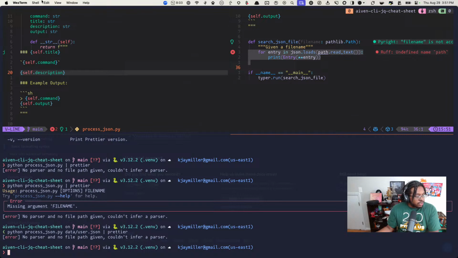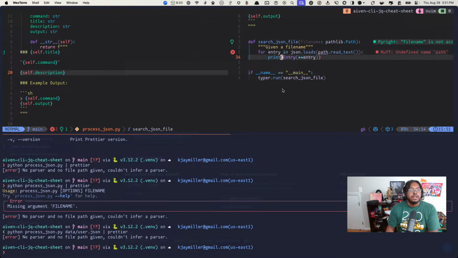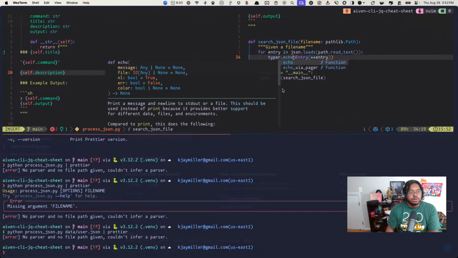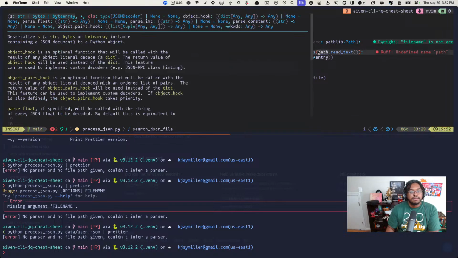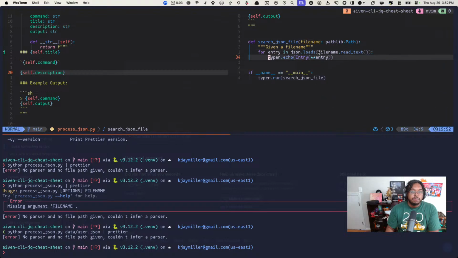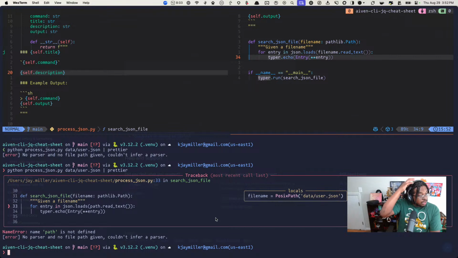No parser, couldn't infer a parser. Okay, that's fine. So now for this we got to do typer echo. This is file name. There we go. Do that. For entry in JSON path,